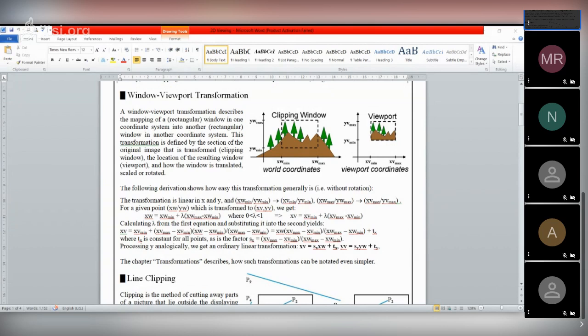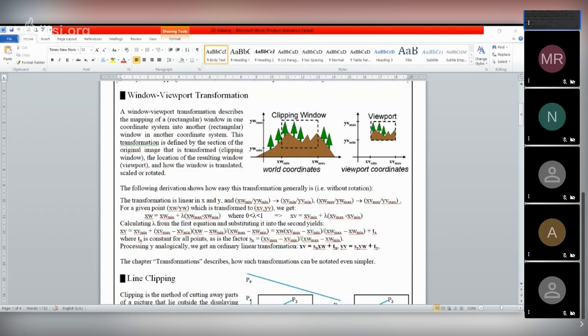W means the clipping window, the world window coordinate. tx is the distance of the viewport from the 0 coordinate along the x value, and ty is the distance along the y coordinate from the 0 position.